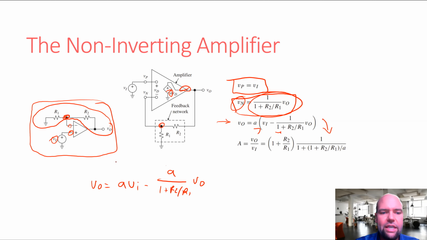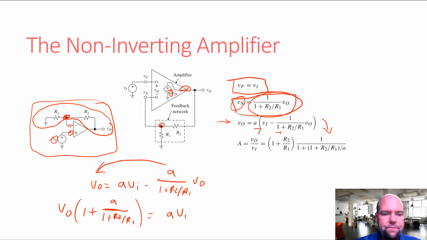We want to get these V out terms on the same side of the equation. So we can say V out times 1 plus A over 1 plus R2 over R1 equals